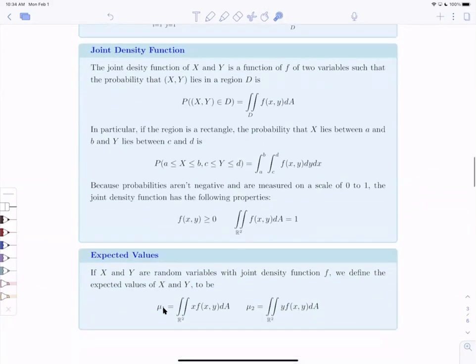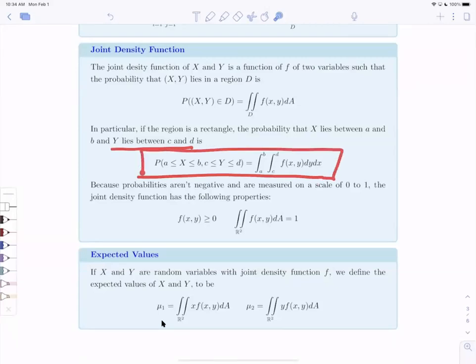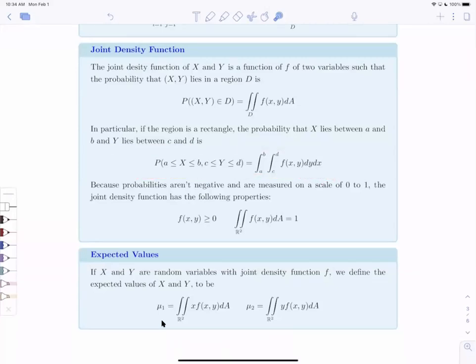But I want to talk about joint density function because we have a homework question that's similar to this. So the joint density function of x and y is a function f of two variables such that the probability that (x, y) lies in the region D is this. In particular, if the region is a rectangle, which is most likely what it's going to be, the probability of x lies between a and b and y lies between c and d is this. So most likely you'll use this to compute whatever your